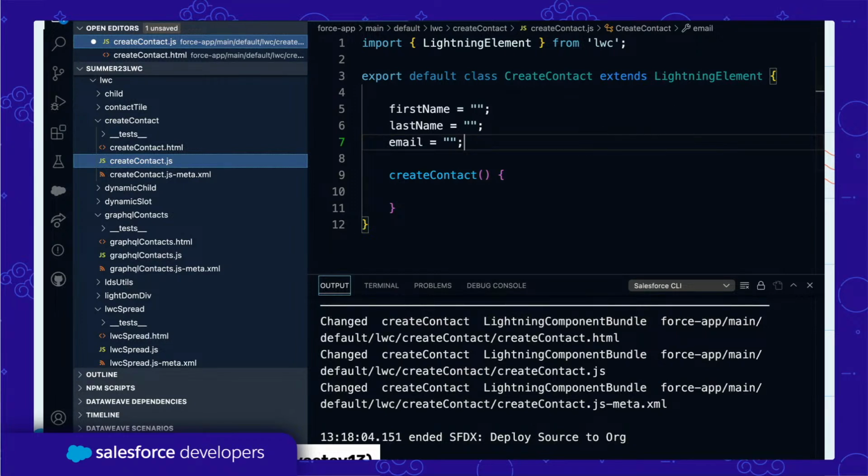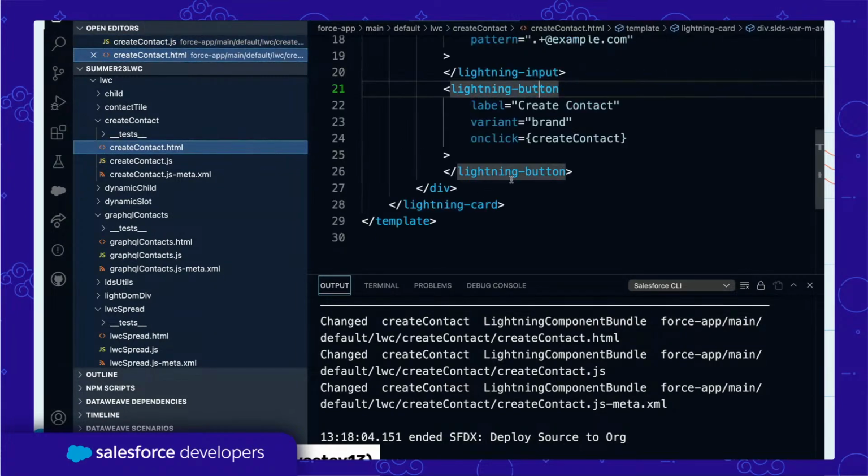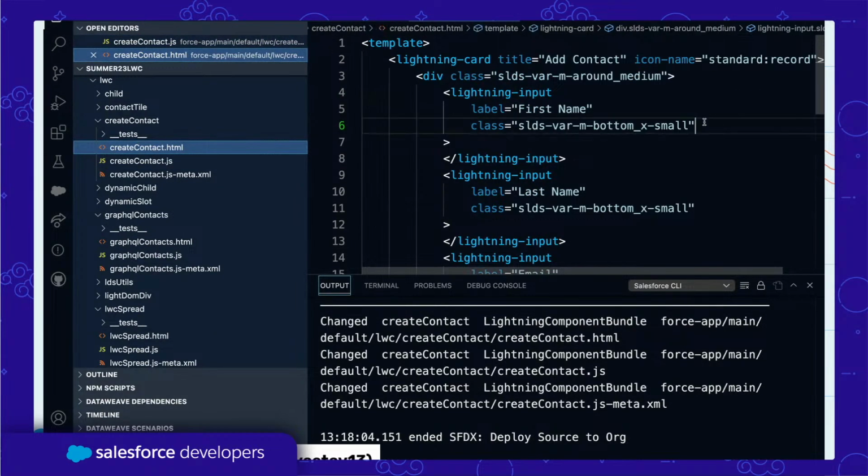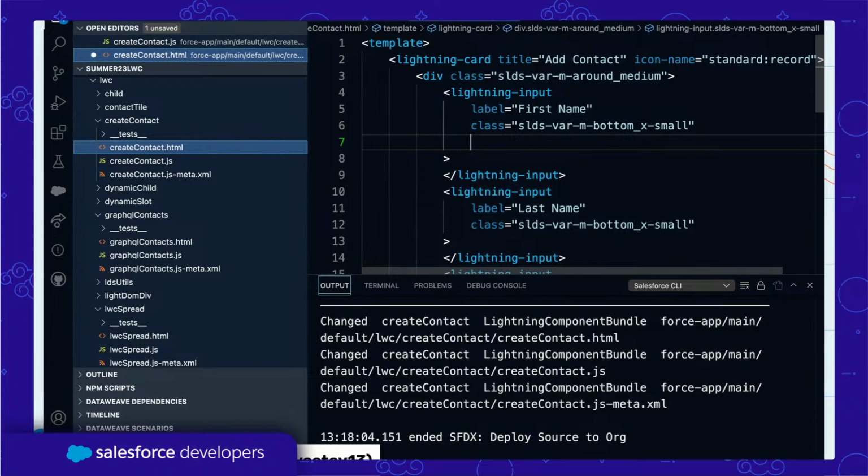And the next thing that I want to do is obviously we want to fill this out, right? So how would we do that? So we can do that by attaching an event onto our input. So your input can have events,